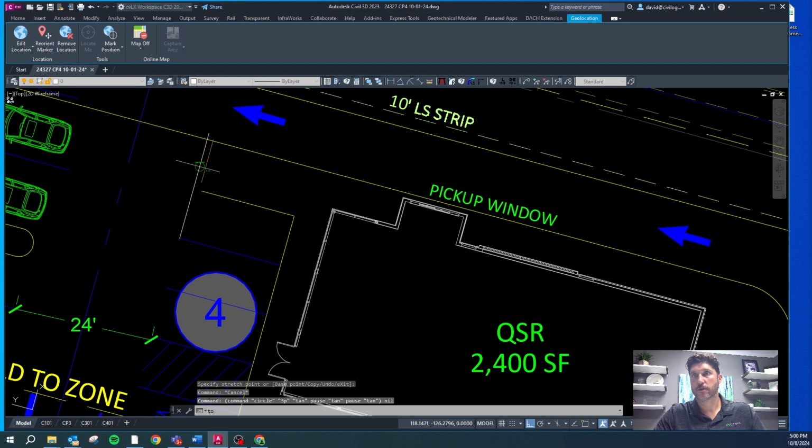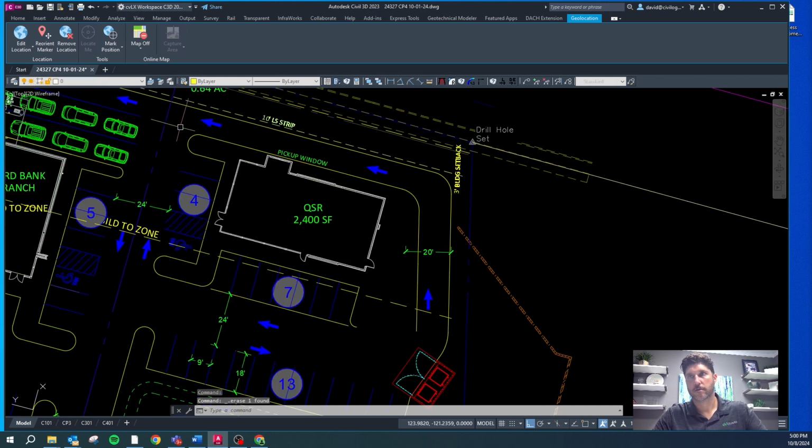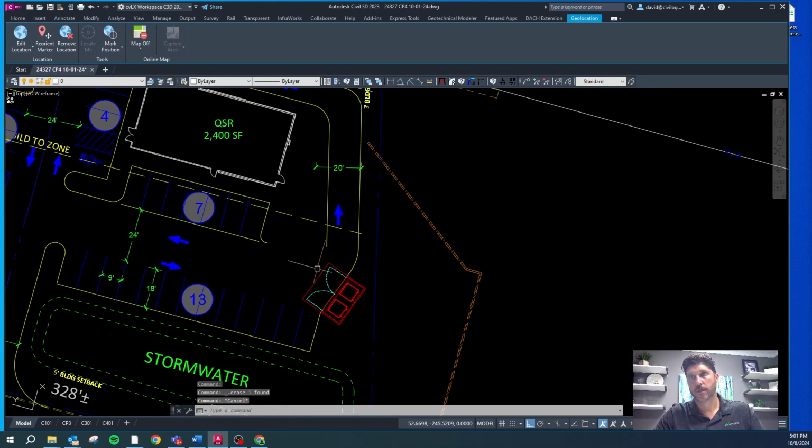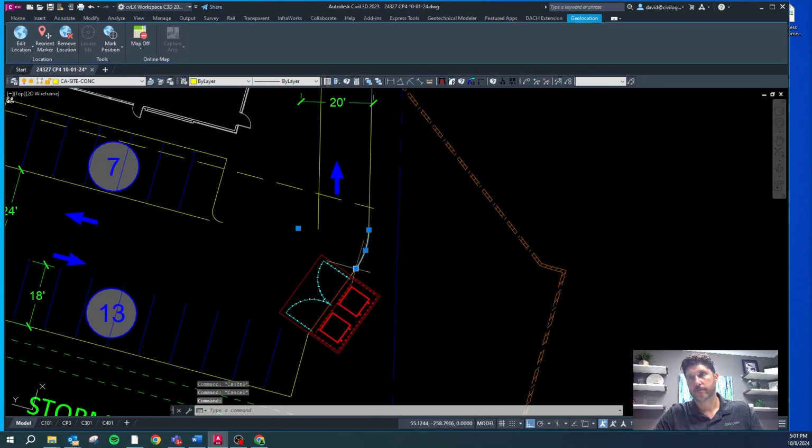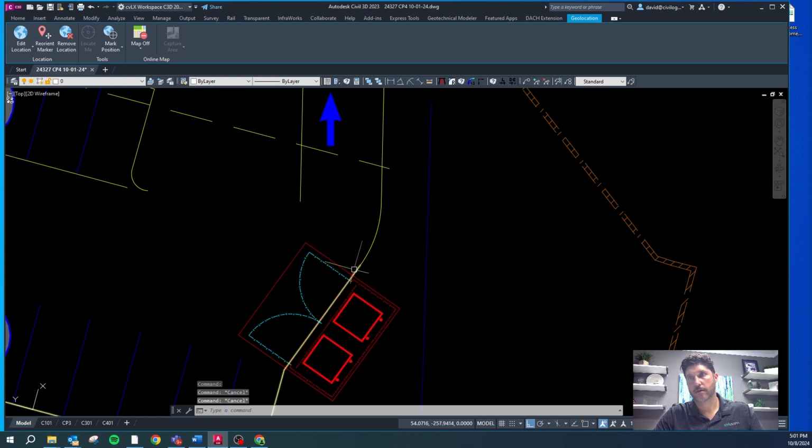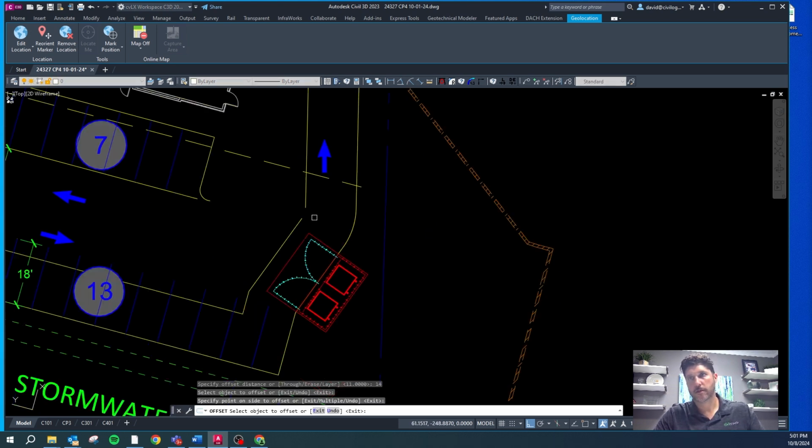A 3 tangent circle. Okay, pickup window, and let's offset that the same 14,